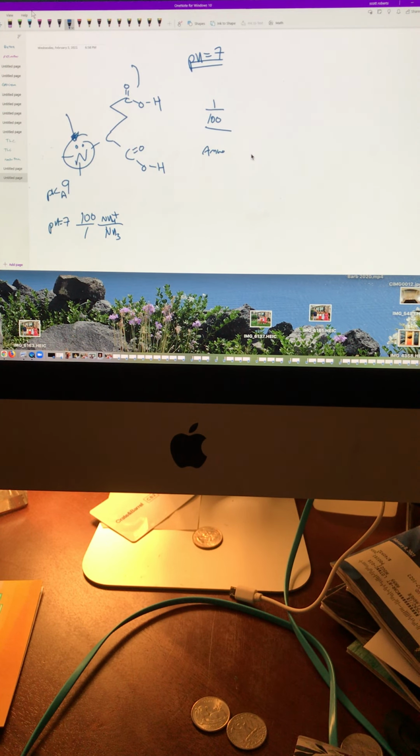Now, most of the molecules at 7 should be what for the R group? They should be deprotonated. So the pKa of this bad boy is 4, and that's something you should know. The pKa of the R group on aspartic acid, glutamic acid is right around 4. So if that's the case, how many R groups will be protonated? Protonated, not deprotonated. Deprotonated should be 1 over